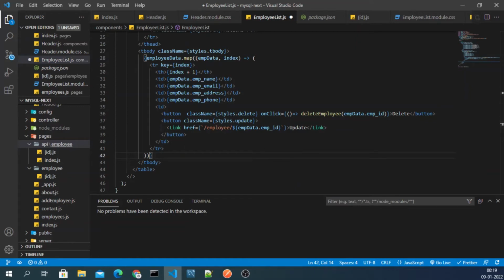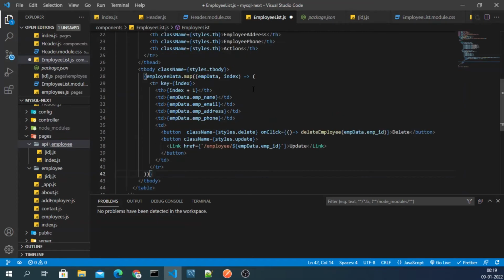Okay, anything we need to do here? Any class we are missing here? Style dot body.